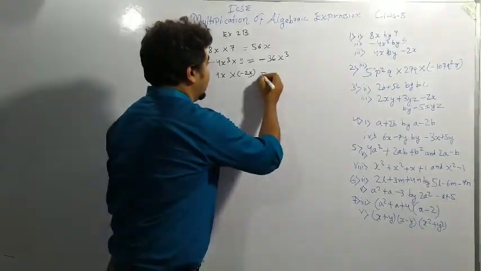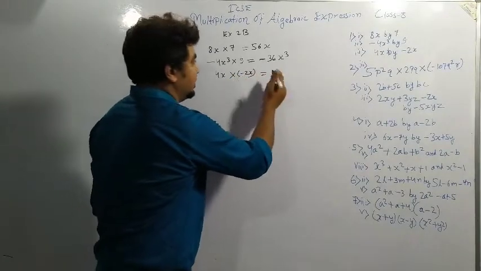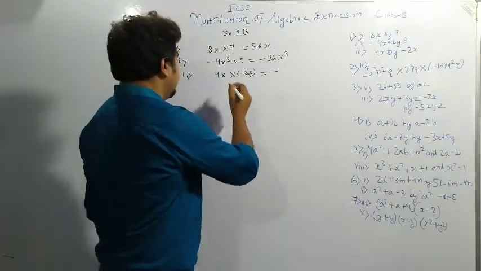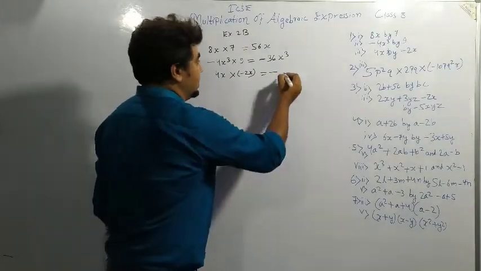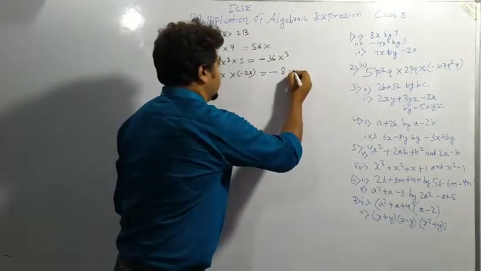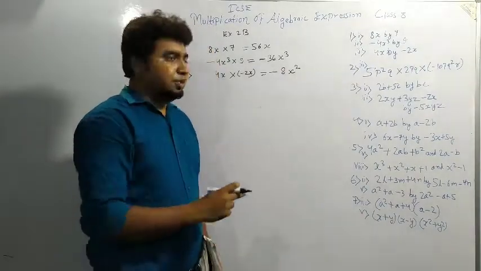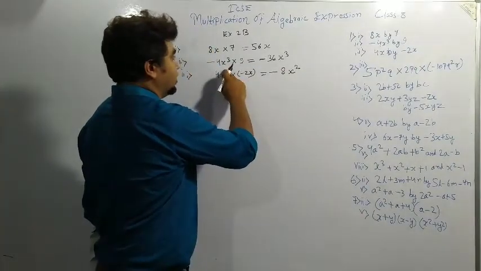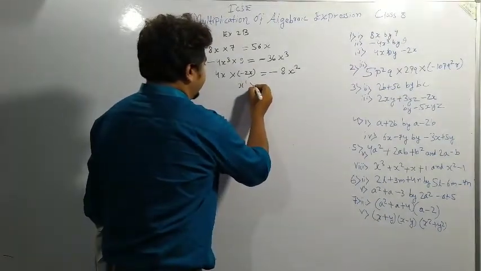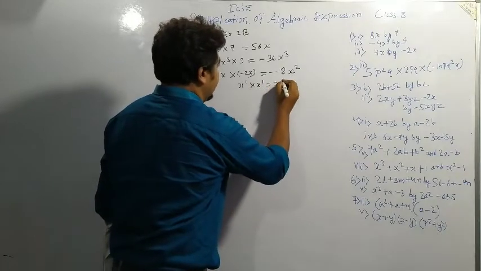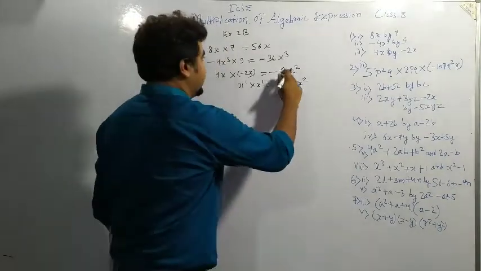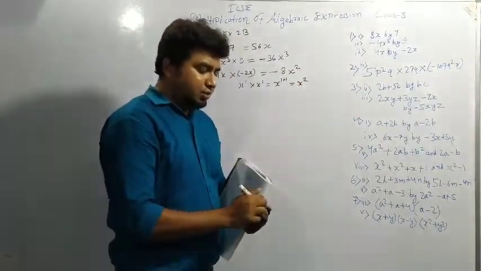So what will be the answer here? Again, only one minus sign is there, so we have to write here the minus sign. The number of minus signs is odd. 4 into 2 is 8. Now x into x is x square. As we know, x is x to power 1, and here is also x to power 1. x to power 1 into x to power 1 will become x to power 1 plus 1, meaning x to power 2. That's why I have written 8x square. So this is up to question number 1.